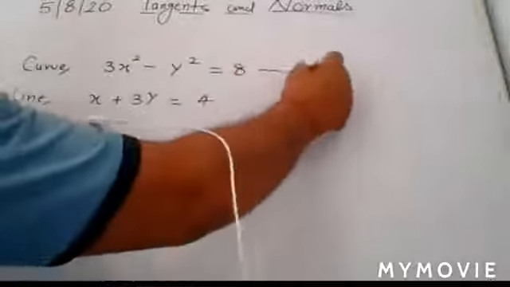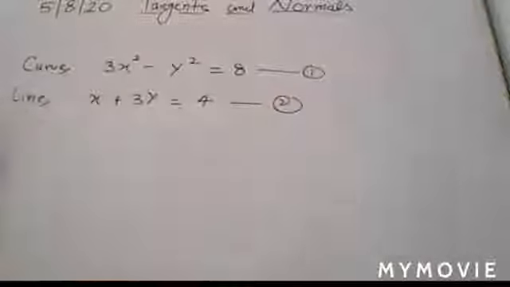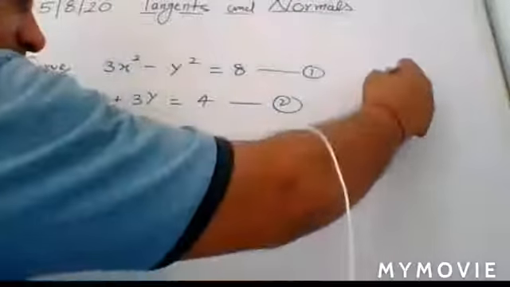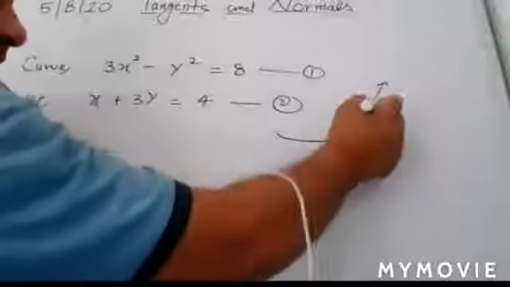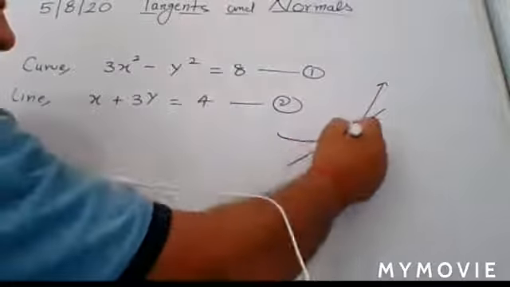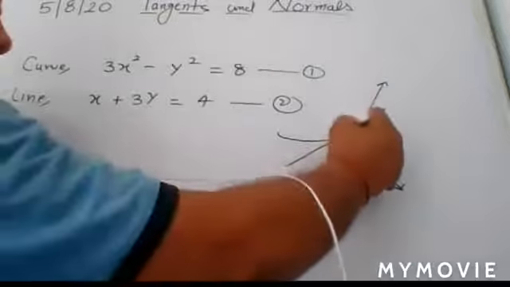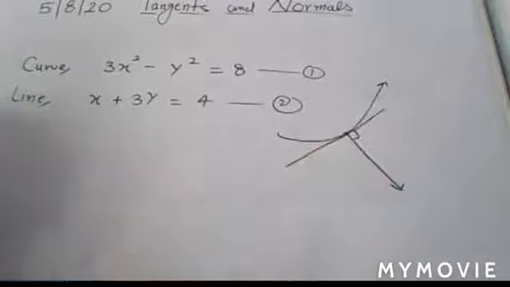And suppose you call these 1 and 2. What is your question? First you think about that. Here you have to find the equation of normal to the given curve, which is parallel to the given line. And first you build up your concept with the help of a figure. Suppose you have a curve, and if you draw a tangent, the normal is perpendicular to it. Normal is perpendicular to the tangent at the point of contact.